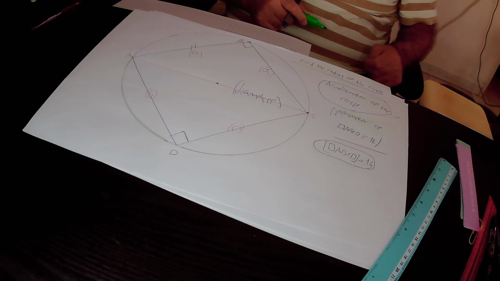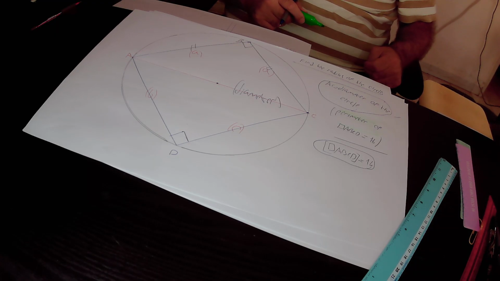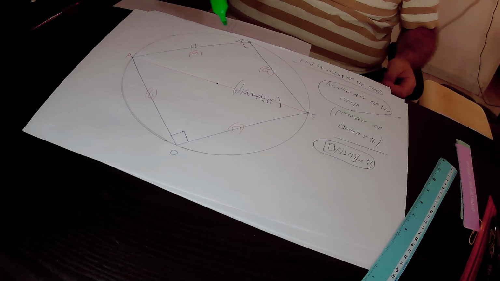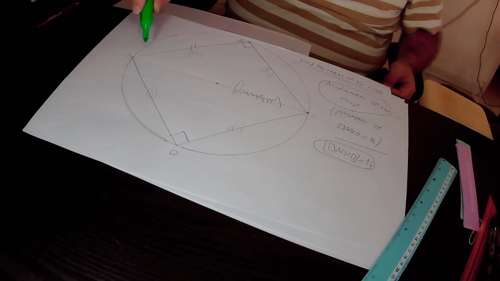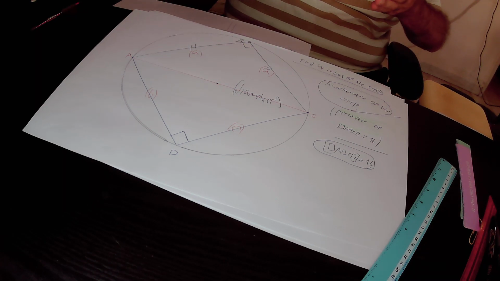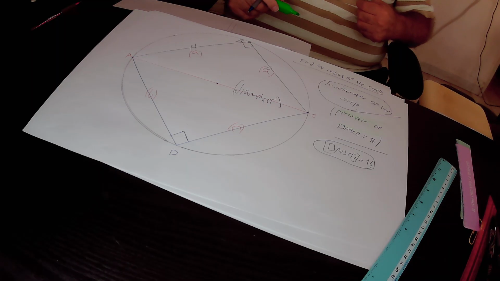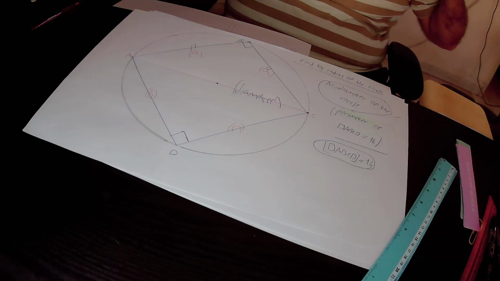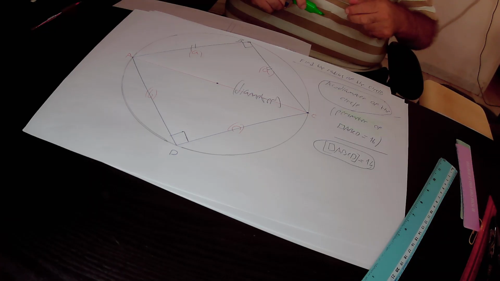So what is the perimeter? The perimeter of a quadrilateral is the sum of its side lengths. That is to say, the perimeter of this quadrilateral ABCD is equal to AB plus BC plus AD plus CD. So the sum of its side lengths equals the perimeter, that is 18. So